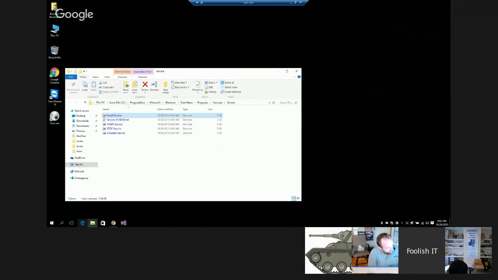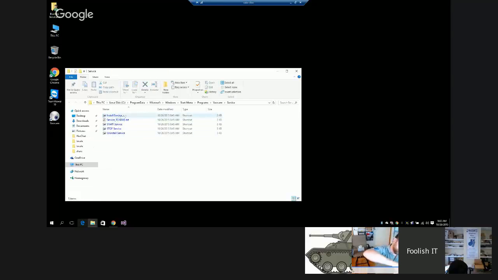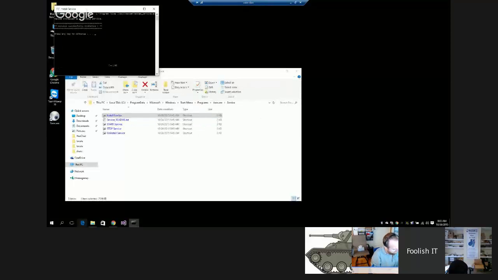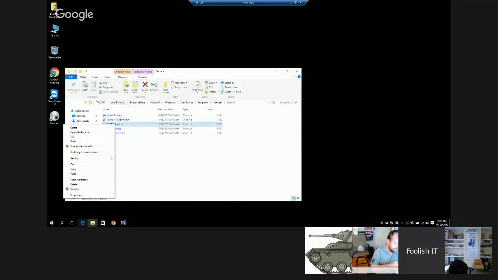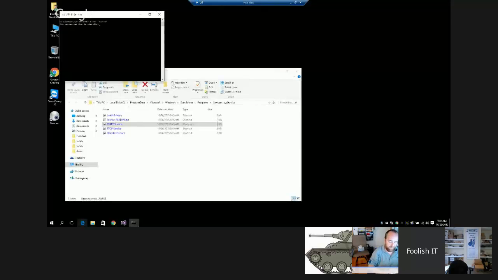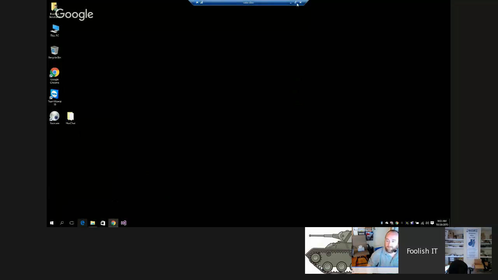So I think possibly it may be because I'm in a remote session doing this. The other thing I forgot was that it does have an option to install it as a service, so you don't have to be logged in. I'm going to go ahead and do that. And we'll go ahead and start the service. And we're going to see if logging out and going over to it here